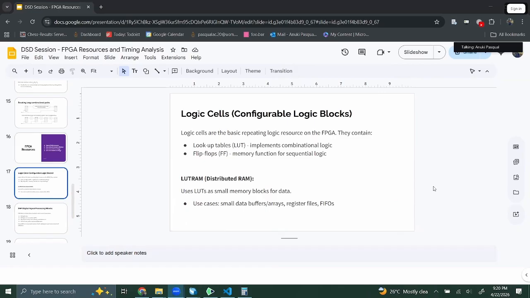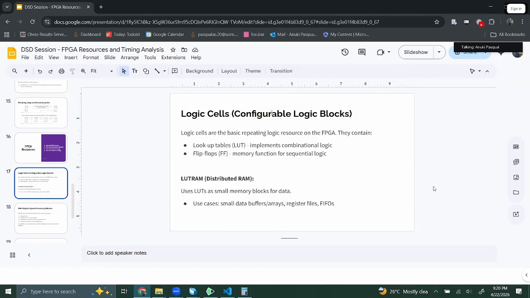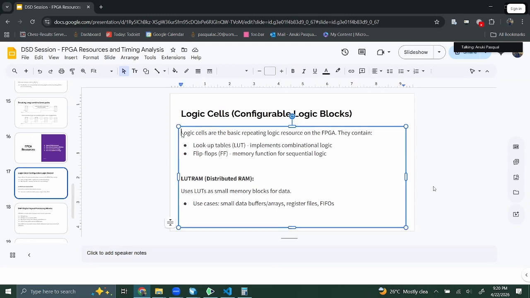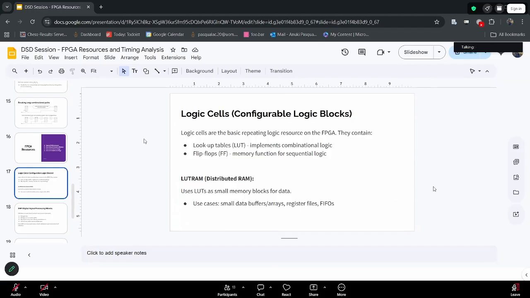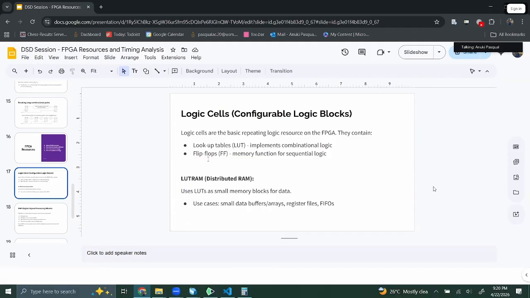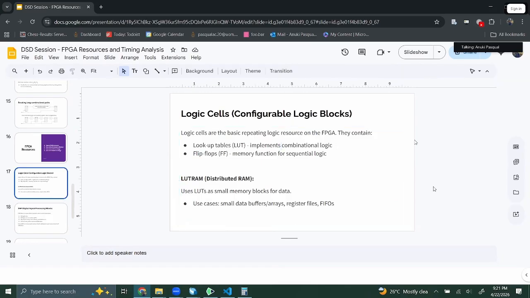So the most basic thing in the FPGA are logic cells. These are also called configurable logic blocks. This is the basic component that FPGAs are made of. It's what allows it to do various logical operations. These consist of lookup tables and flip-flops. The lookup table is the component that implements combinational logic. The reason it's called a lookup table is because